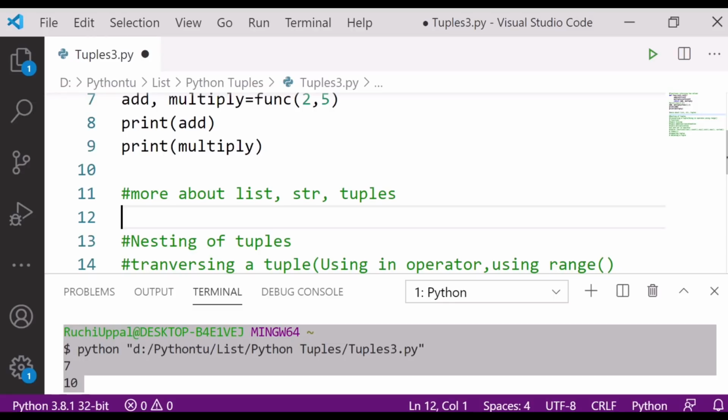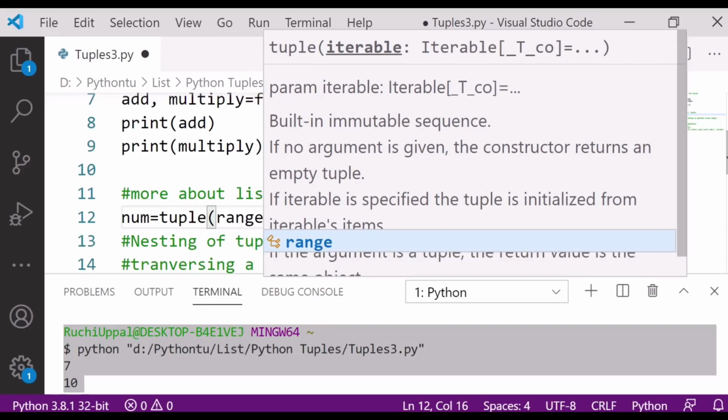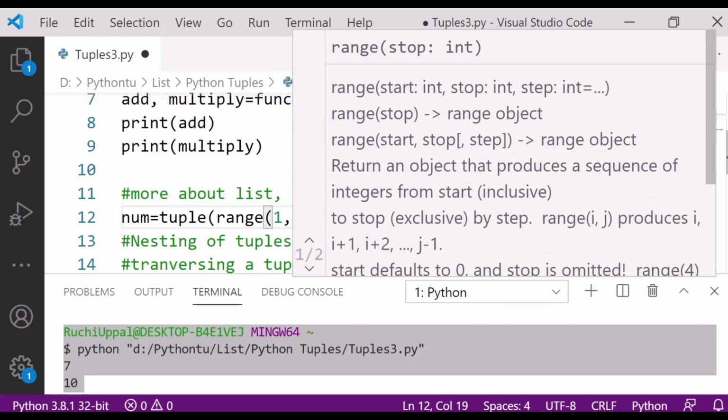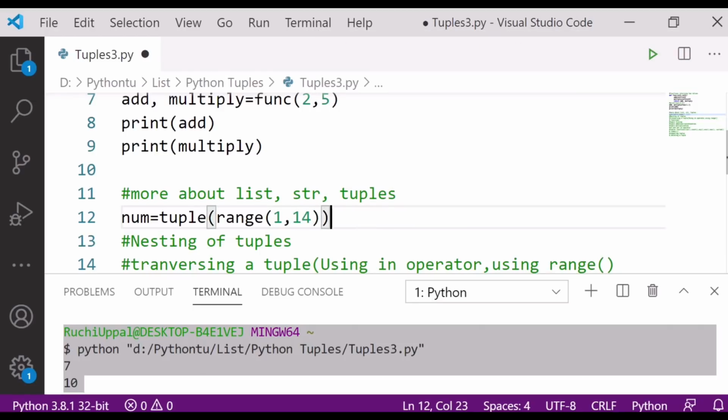Suppose I am creating the value over here. I am writing number is equal to tuple, and then range. What range do I want? Suppose 1 to a random number, 14.